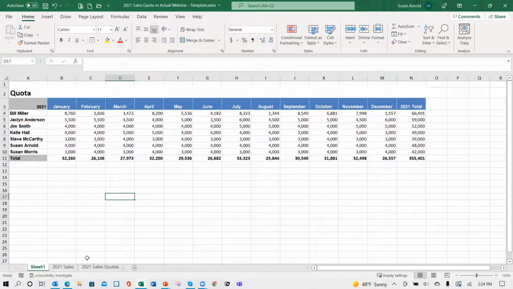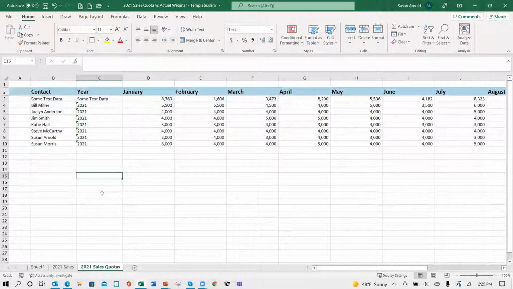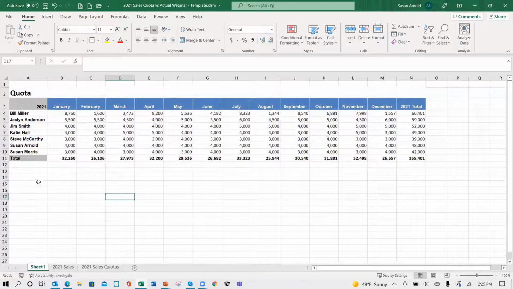So I've got that sorted out. I don't think that's stuck. Oh, well, won't worry about it. Okay, so those are my sales quota numbers. So whenever I run this report, these formulas will automatically go to this sheet and pull the data through. All right. So the next thing I want to do is pull the sales